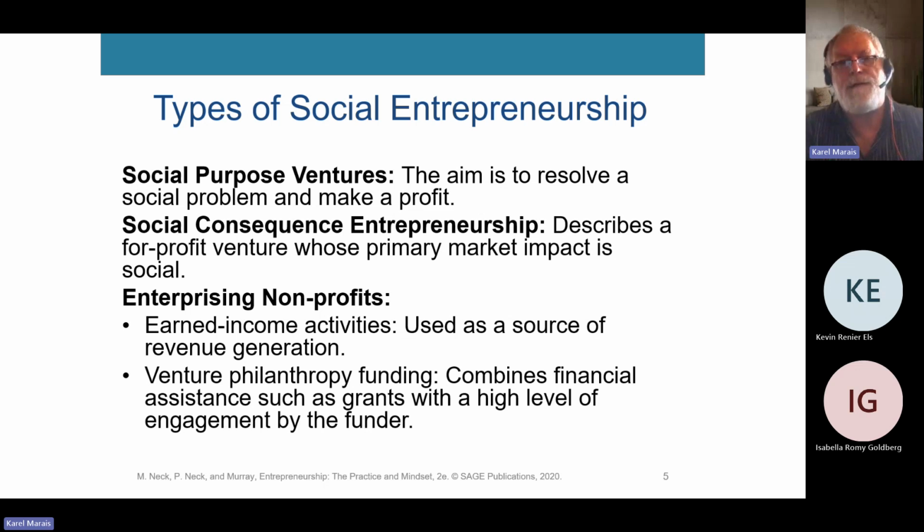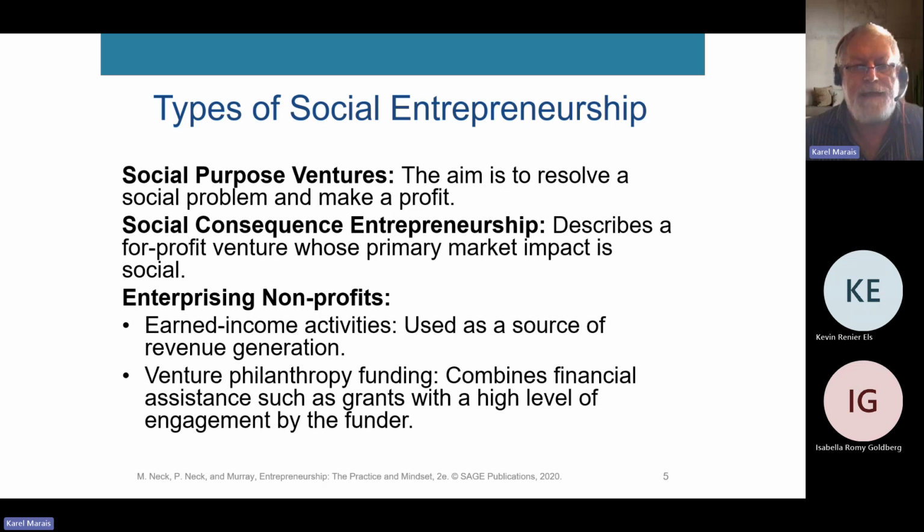What these guys do is, when fishermen collect plastics, they actually pay them for the plastics. And what they then do is they melt the plastics and they make arm bracelets out of the plastics, and they sell those arm bracelets. And the money that they make from the arm bracelets, they then use again to pay the fishermen for plastics. So that's a typical example of an enterprising non-profit.